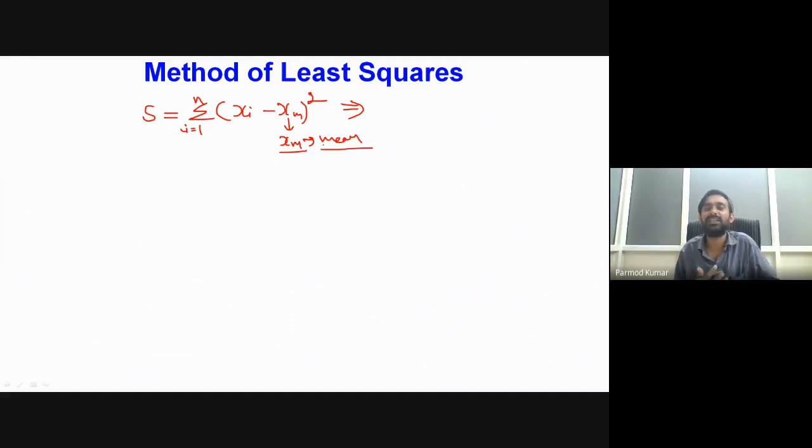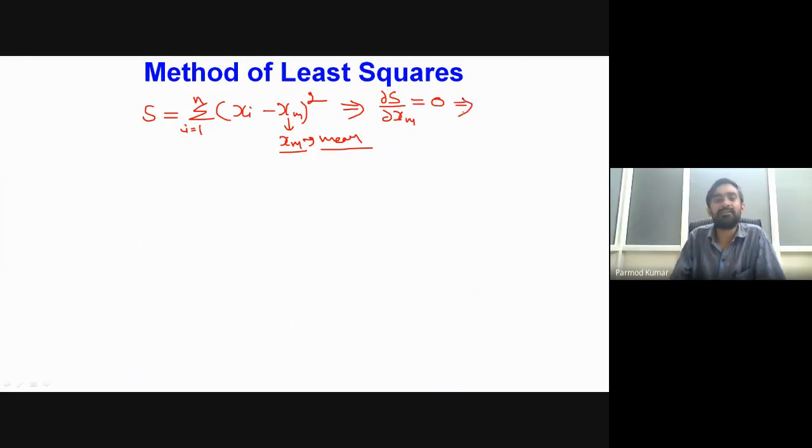and that mean value is nothing but giving us a true reflection of the expected data, or I can say the true value of that sample. Now we have to see what this value of xm should be so that the squares of the deviations of the data are actually small. In that case, we have to minimize the value of S with reference to our mean value xm, setting it equal to 0.